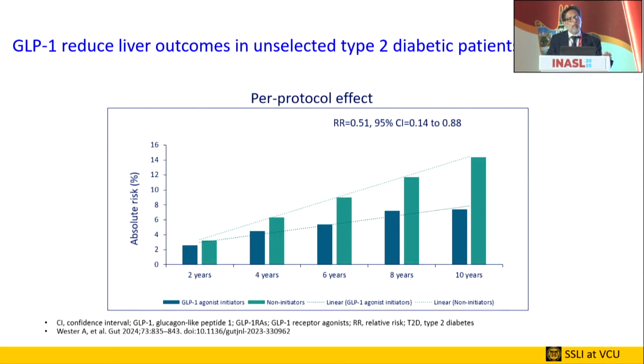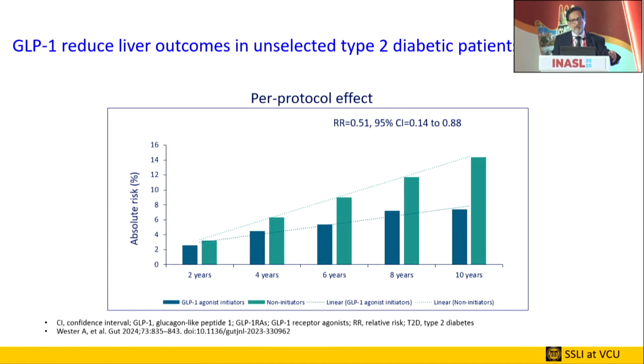And when you look at population-based data on people who had type 2 diabetes and received GLP-1s, regardless of which one they got, over time, there's a progressive disparity between the control arm, which did not get GLP, and the treated arm.